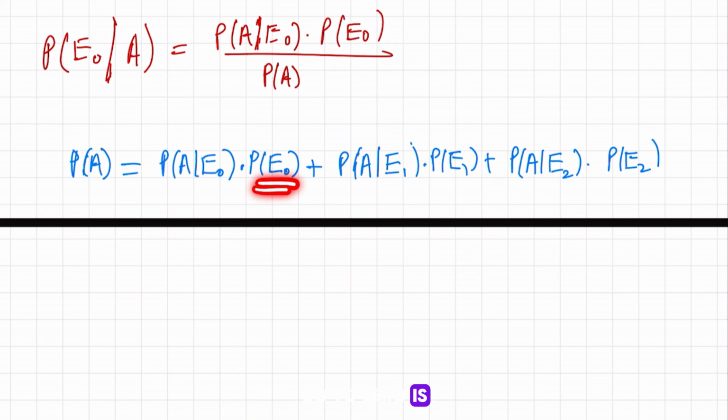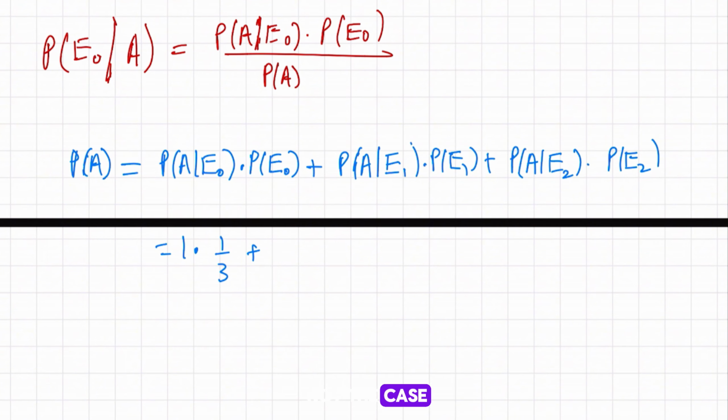Okay, so now let's try to do this. E0 is again the case where you have golden on both sides. Let's say you took the pancake out and this pancake was the one which is golden on both sides. So what's the probability that it's going to be golden on one side? Well, it's going to be 1, because it's golden on both sides by definition. So this is 1, times the probability of picking this pancake which is golden on both sides. Now, you're randomly picking the pancake, so it's 1/3, plus